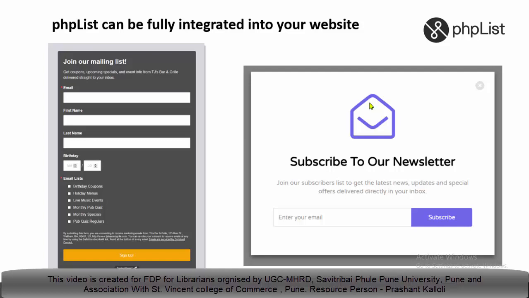Because of this, we don't force users to read our emails. Previously, what was happening? We were collecting emails and forcefully sending emails to users, and there was the issue of whether they were reading them or not. But here the users opt for their categories and lists by their interest area, so we send the mails as per their interest area. We are not sending mails by force, but by choice and by their options. It is a great feature. Such integration we can make on the website.